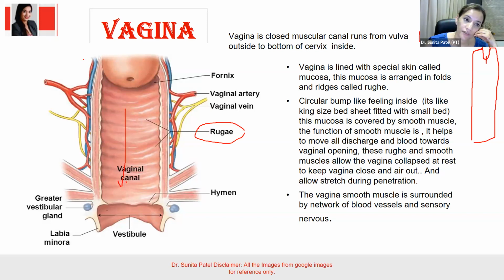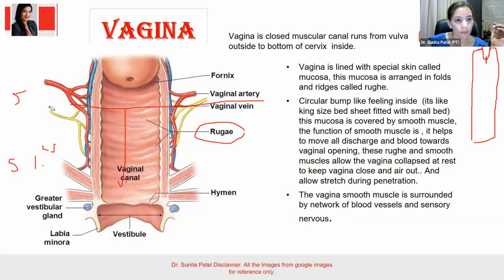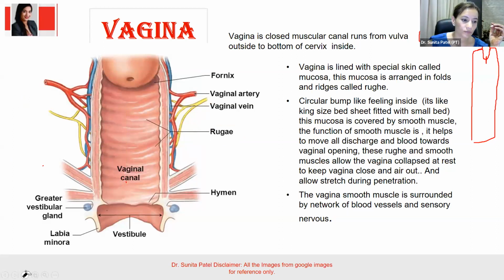So if I take the whole length of the vagina as, for example, 100%, and further divide the vagina into upper 50% and lower 50%, and then divide each of those again, you divide the vagina into 4 parts, 25, 25, 25, and 25. So let me do it again. Divide the whole length of the vagina into 4 parts. Okay, so this is 1, 2,